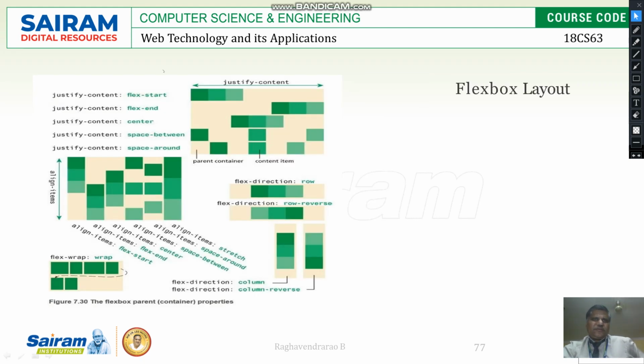Here is a flexbox layout. This is also like this. Also, you are able to create the presentation of that data. So you can use flex start, flex end, corners. So these contents